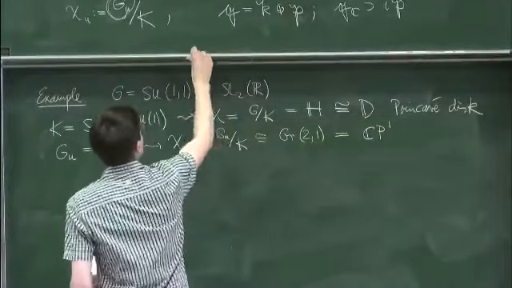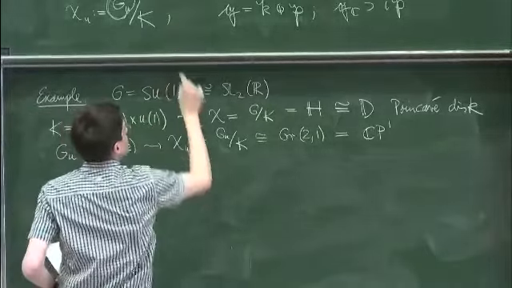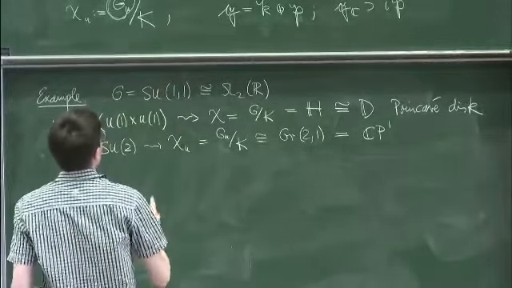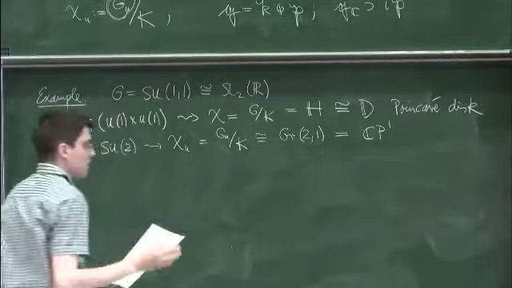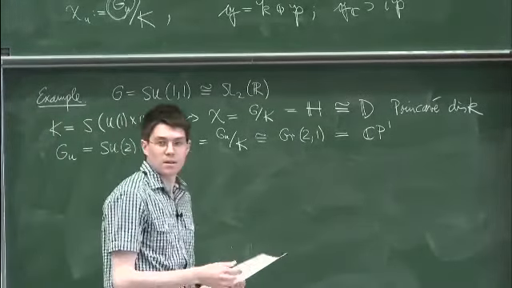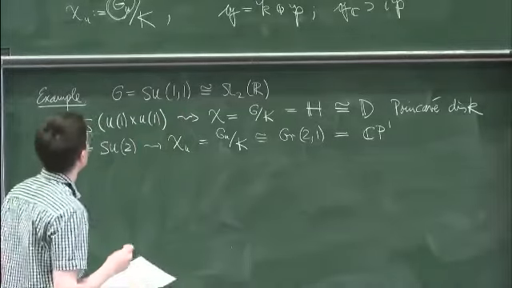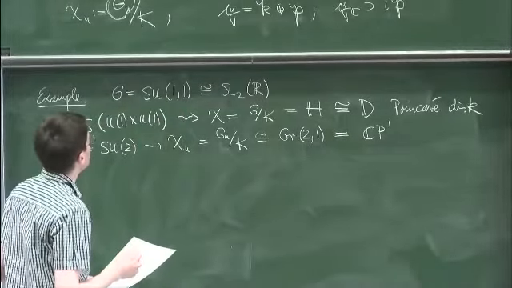Why is it closed when you extend? Sorry? Why is it closed when you extend? This here? Well, it's a fact that G-invariance implies closedness on a symmetric space. Right? Oh, I see. Okay, I should say,